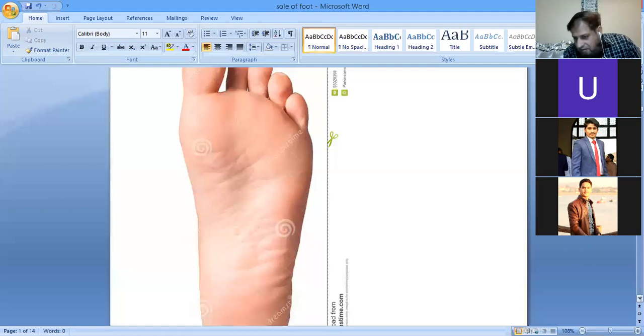हमारे पास टाइम अभी ये स्टार्ट करते हैं because it's 10 now. Okay, sole of the foot. Any idea about the sole of the foot, बच्चे? Anybody can tell me about the sole of the foot?